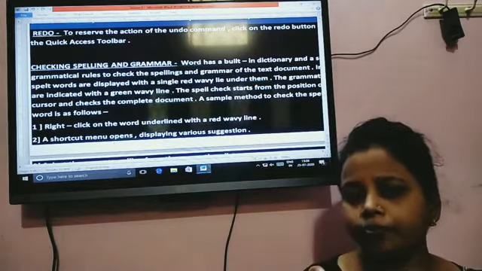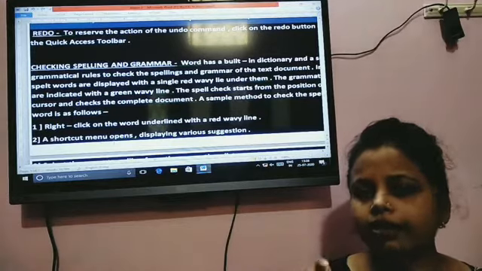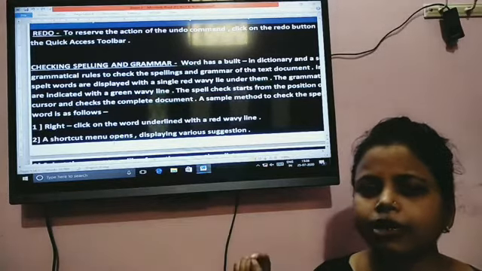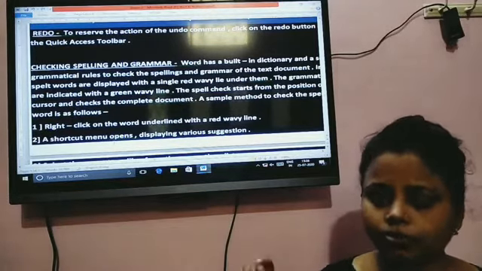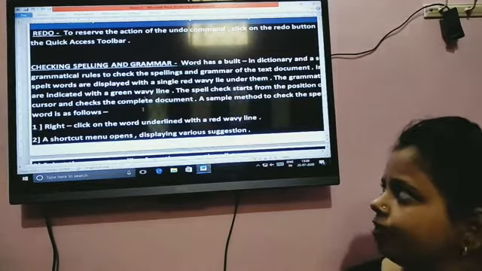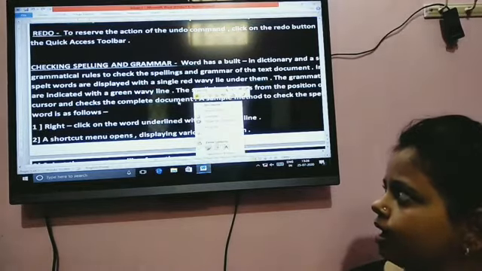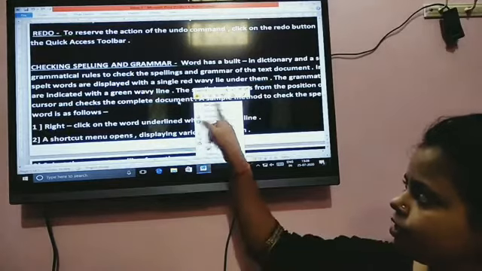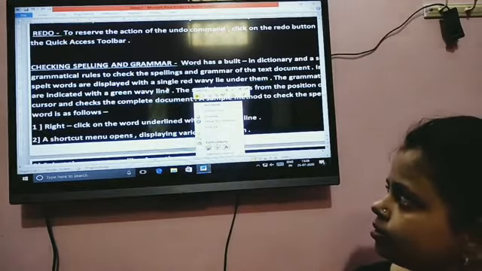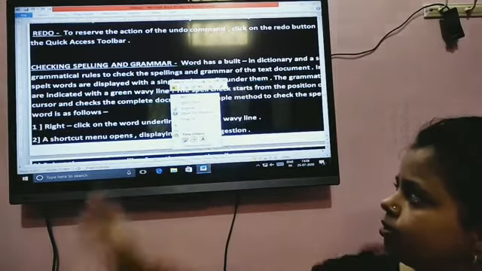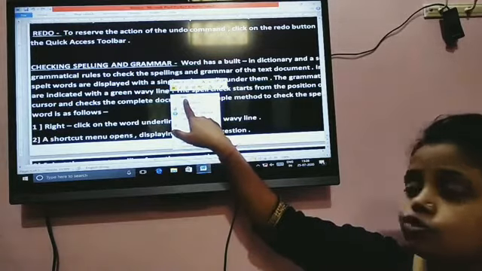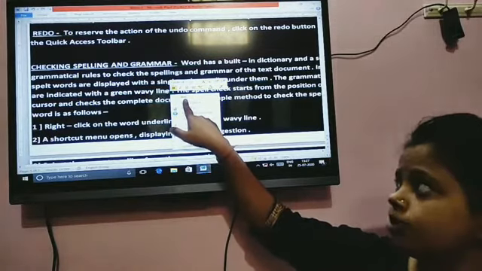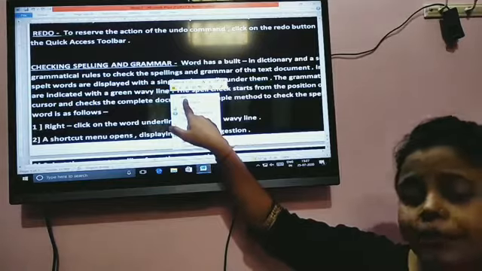Green underline means there is something grammatical. When I right click on this, what is it showing? It is showing to put the full stop near the line.